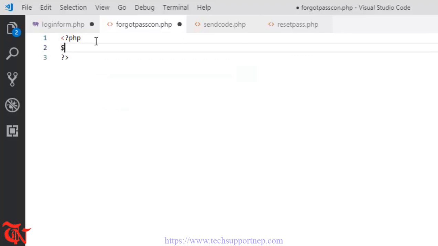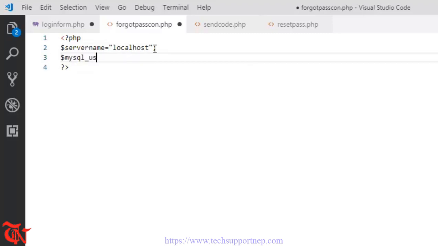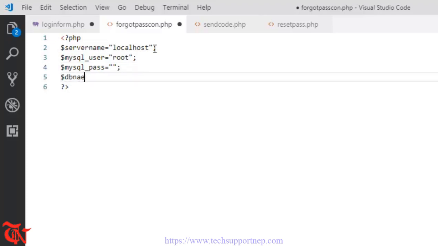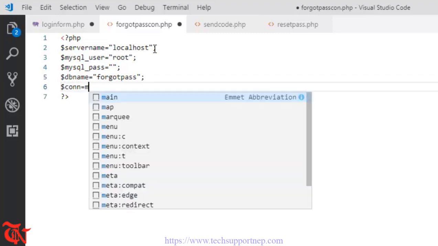Now here server name is equal to localhost, and then MySQL underscore user is equal to root. The default username is root, and password underscore pass is equal to empty, and our DB name is equal to forgot pass, and define one variable connection is equal to MySQLi